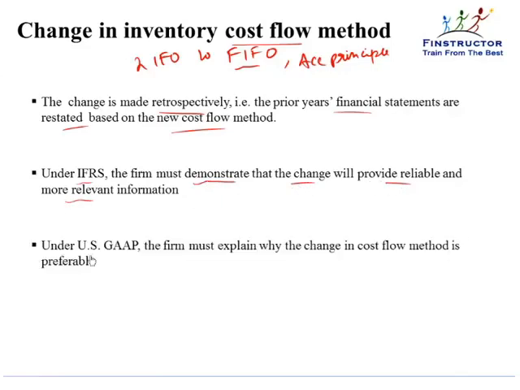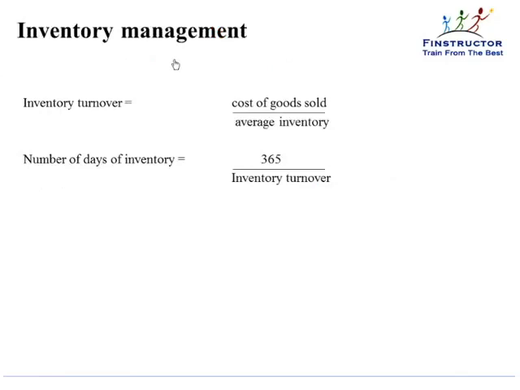Under US GAAP, similarly, the firm must explain why the change in cost flow method is preferable. So how well the company is managing its inventory can be judged from a variety of ratios. A popular ratio that we've already studied is the inventory turnover and the number of days of inventory. Ideally, we would want the inventory turnover to be high or the number of days of inventory to be low, so that less capital is stuck in inventory